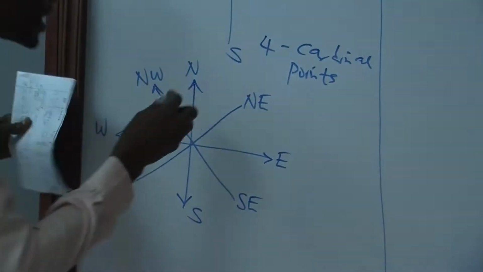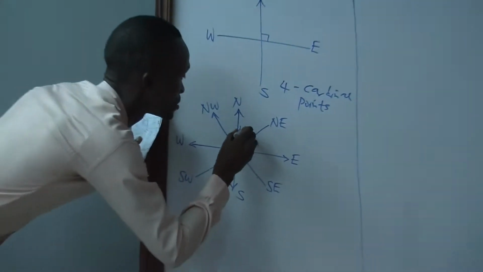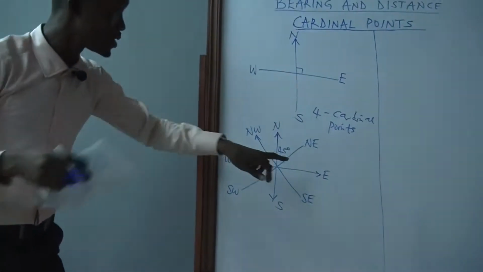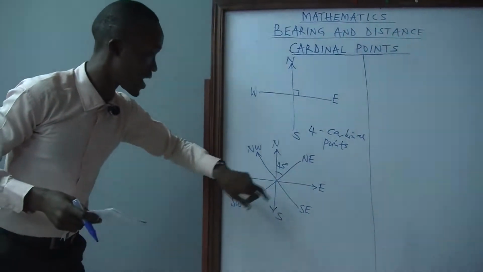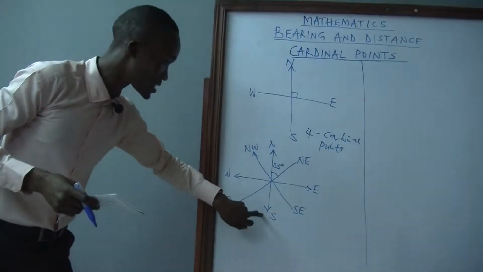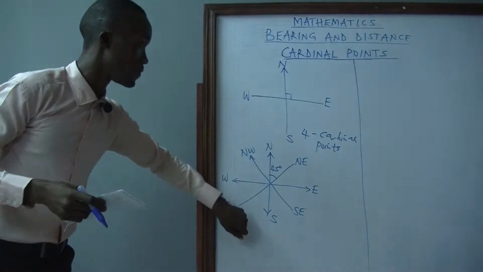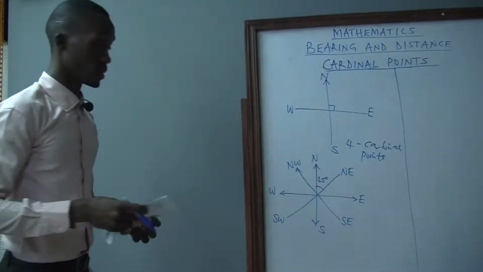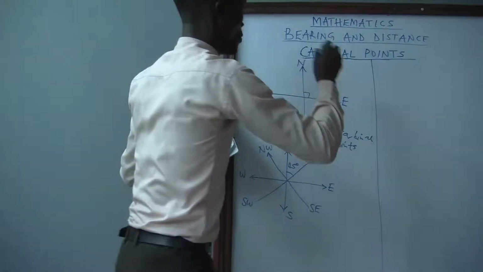So the angle between this north and this northeast is just 45 degrees. The angle between northeast and east is also 45 degrees. This one too, between southeast and east is 45. Between south and southeast is also 45 degrees. And from here, we have